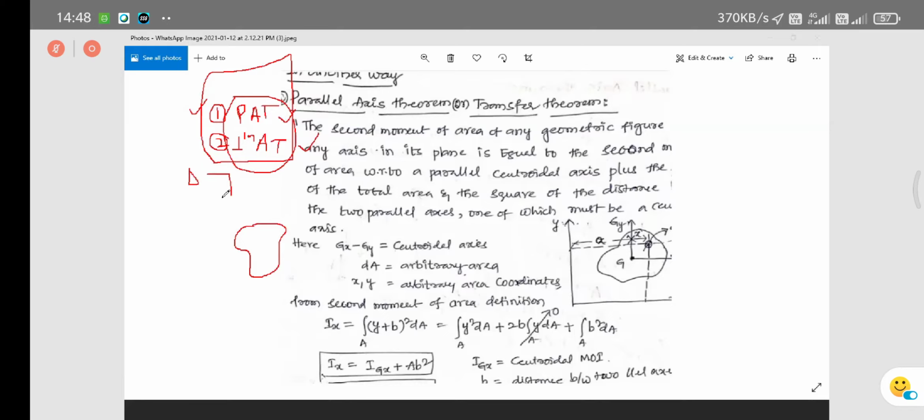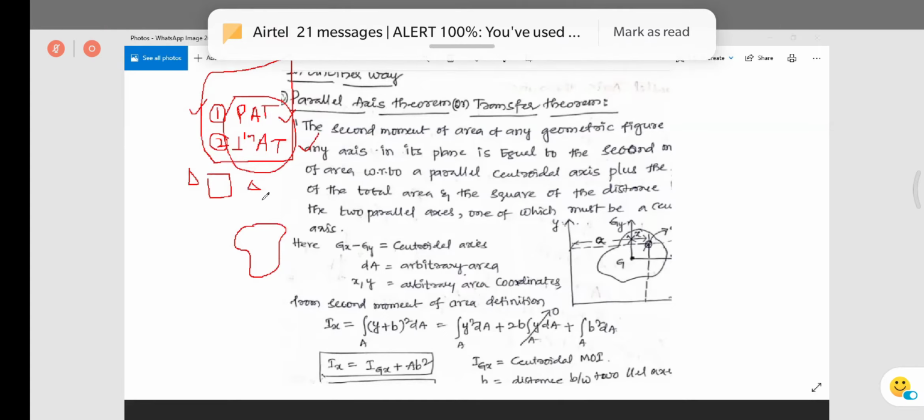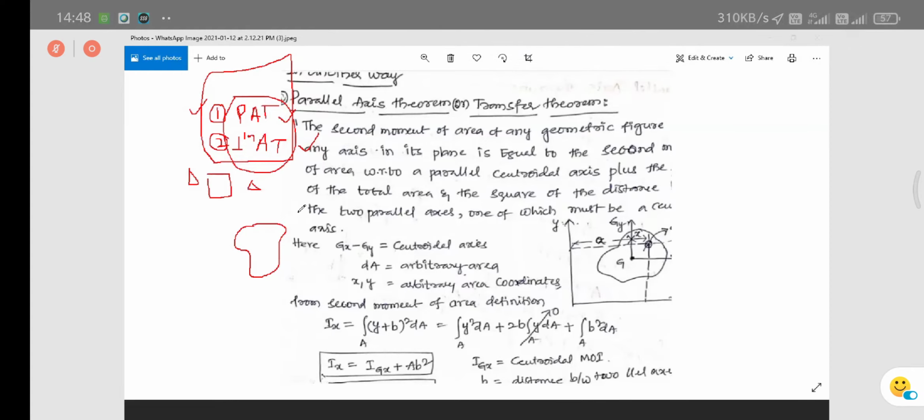triangle, rectangle, square, trapezium, circle, ellipse. Up to there we will have only 6 to 8 regular geometric figures. Also cone, cylinder, so this kind of regular geometric figures, and solid bodies are also there. For those kinds of mass elements and area elements, we will have formulas directly.